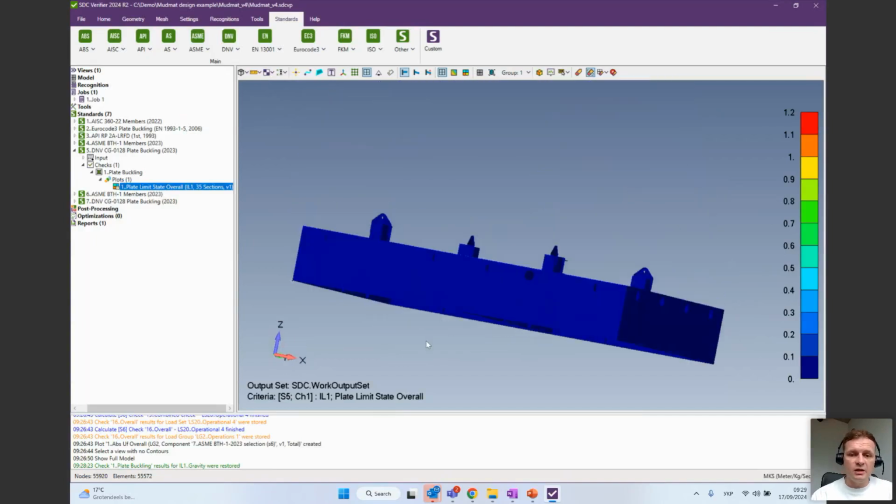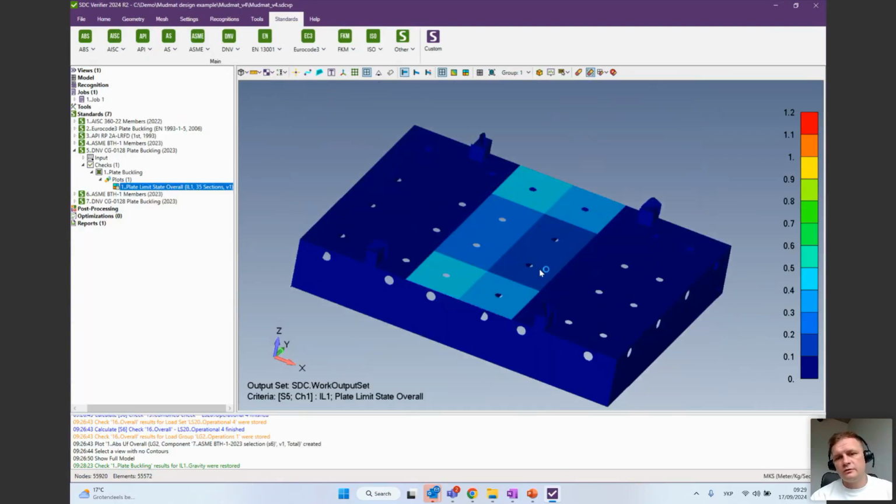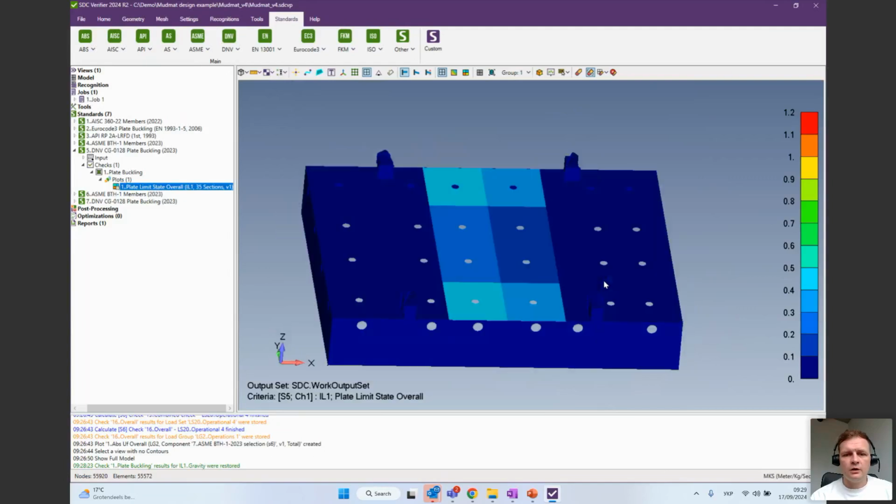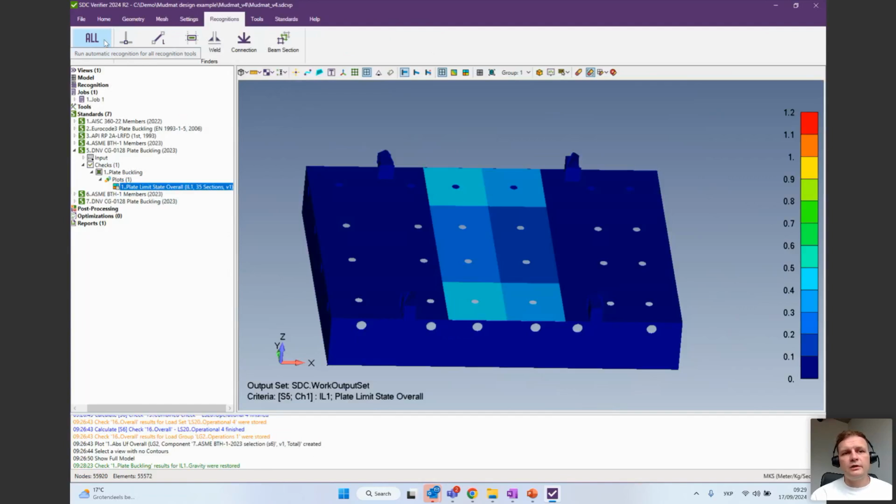And speaking of this, I would like to indicate this new option that I have been showing with my slides. If you go to recognitions, don't forget that we have one button to recognize all, which is pretty powerful for models like this, where you have beams and plates and bolts and welds, everything all together. You don't have to recognize them one by one anymore. You just click one button, find all, and everything is recognized automatically with listing in the end what was detected